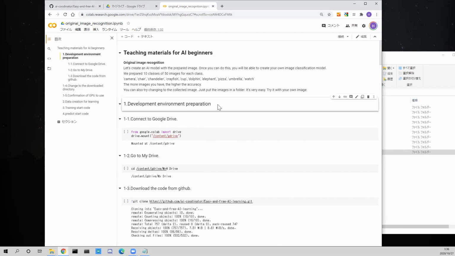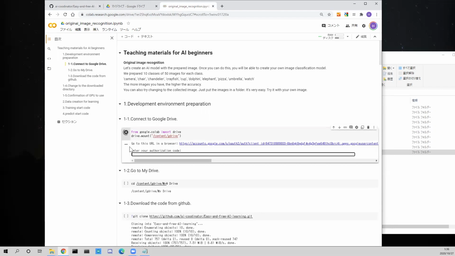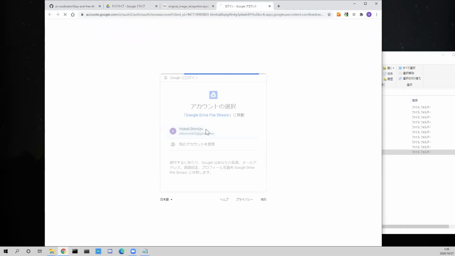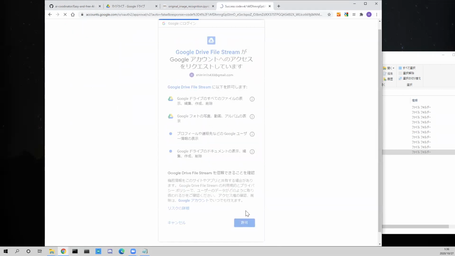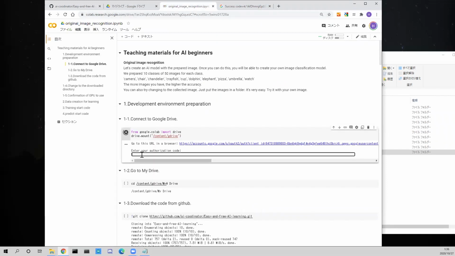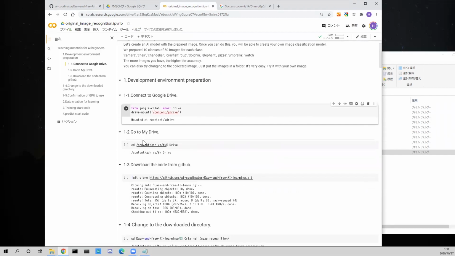Development environment permission. Connect to Google Drive. Run the program. Go to this URL in the browser. Access. Go to my drive.